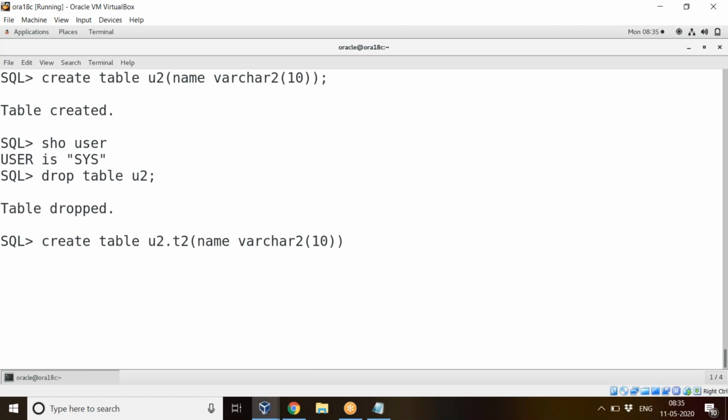Okay. So now as a DBA, I can insert into U2.T2 values of